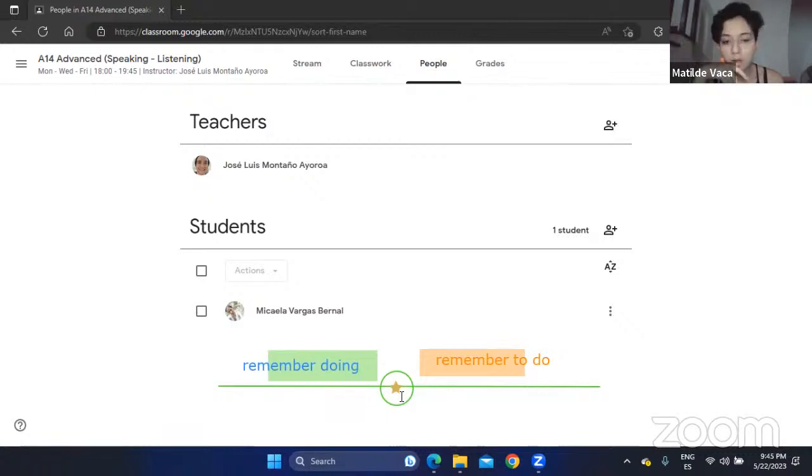Okay, so I remembered driving my bike a lot when I was a child. Okay, that's great. And why? Why are you deciding to use ing in that one? It's perfect, but what is the explanation that you can give? Because it's something that I did in the past, and yeah, it's in my memory that that's something I used to do,